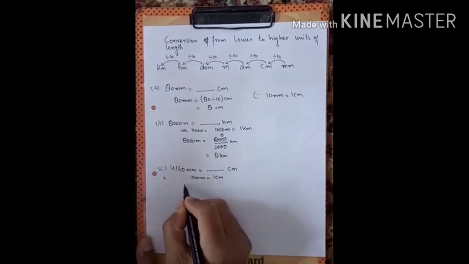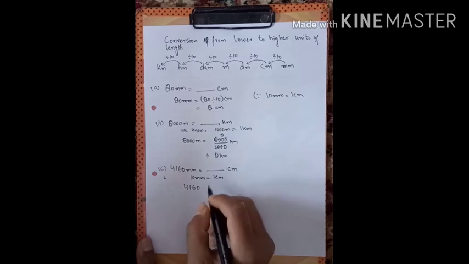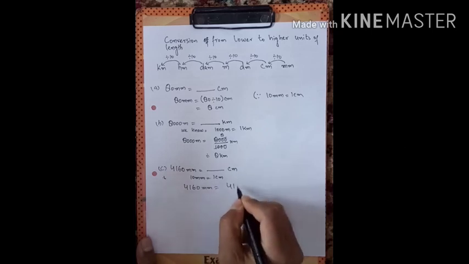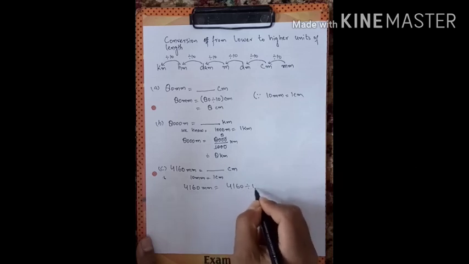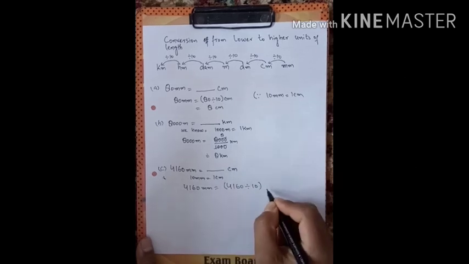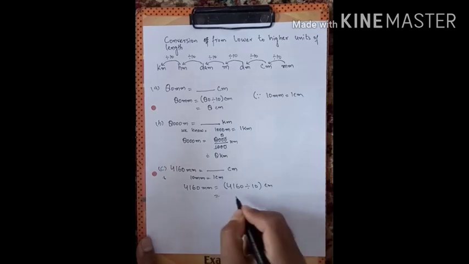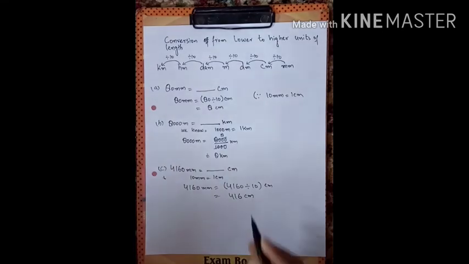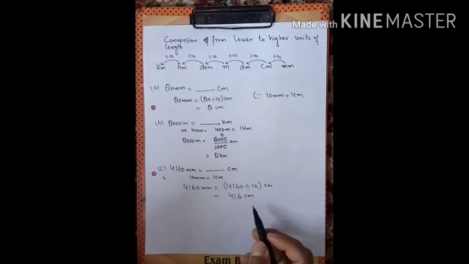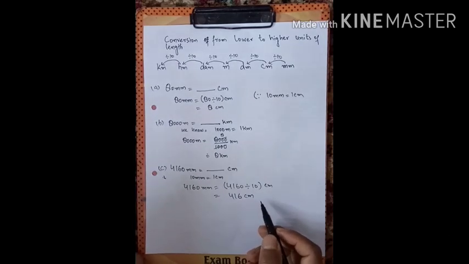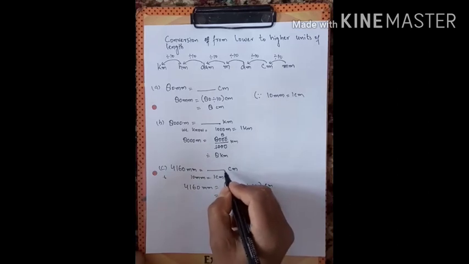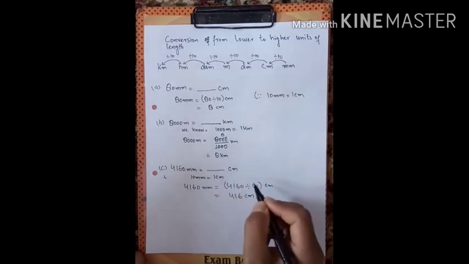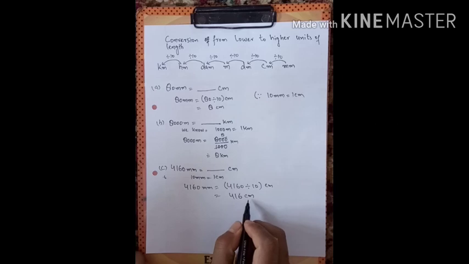So 4160 millimeter is equal to 4160 divided by 10 centimeter, which is equal to 416 centimeter. Now I have to convert this 416 centimeter into meters and centimeters. This is centimeters. Okay,